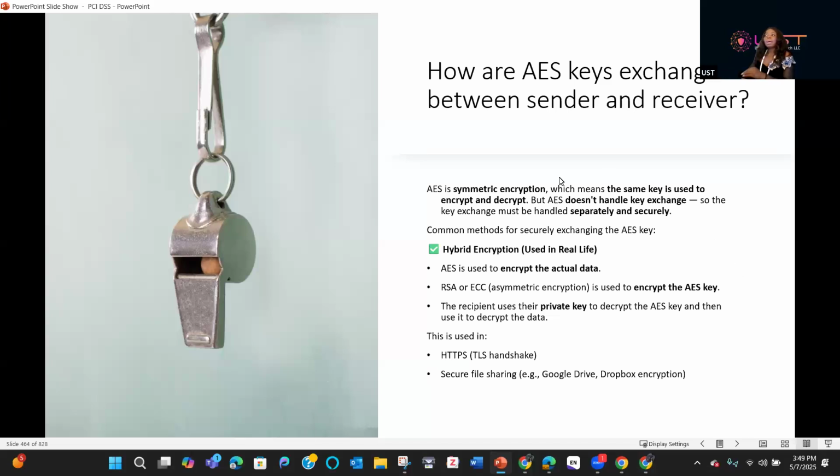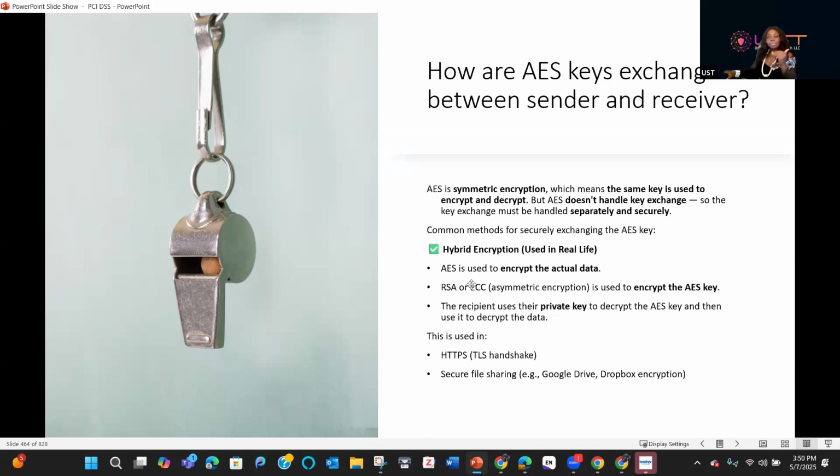But a question is, how is the AES key exchanged between sender and receiver? Because at this point, we are talking of, say, a third party housing the information, or better still, we have to manage the key, but we are sending information across the internet. I'm sending it to somebody. How do we exchange a key? AES actually uses the same key, one key. How are we able to smoothly, efficiently, and effectively transfer the key